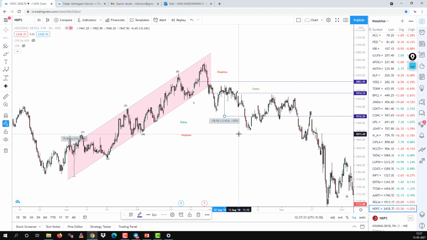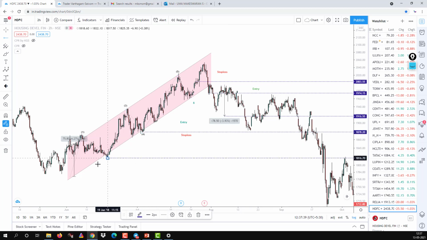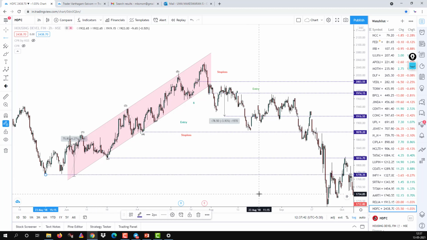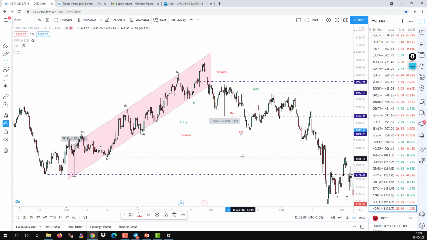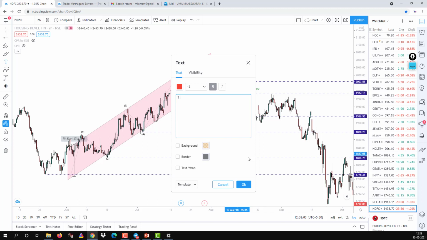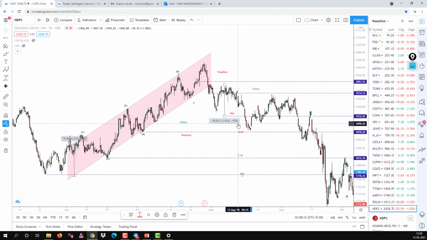You can also fix the target based on the next swings. So like this, you can take the targets for next levels. This is for minimum target. This is second target. This is third target. This is fourth target. Sometimes the market may reverse at the minimum target also.